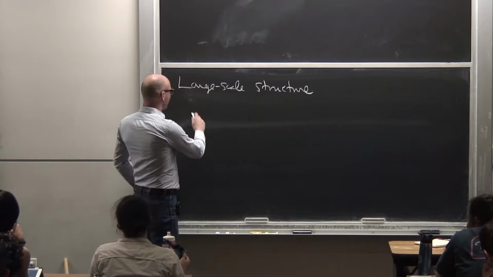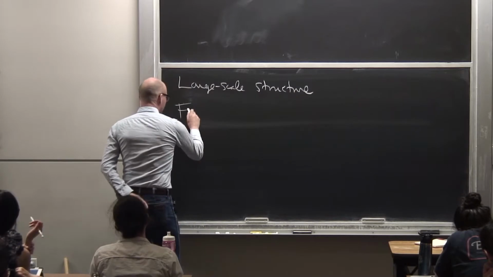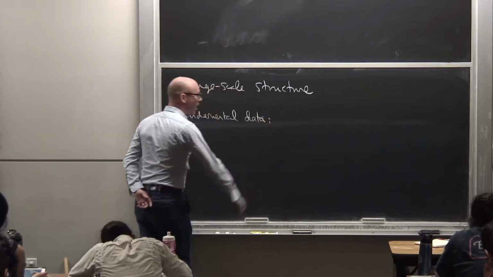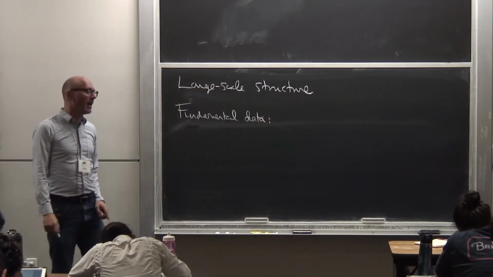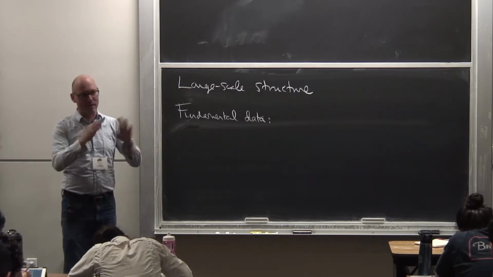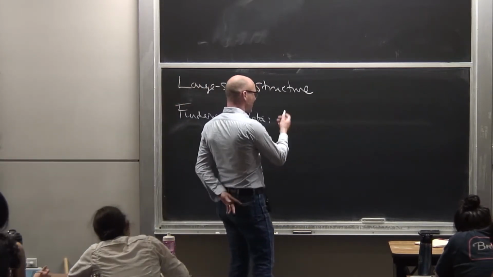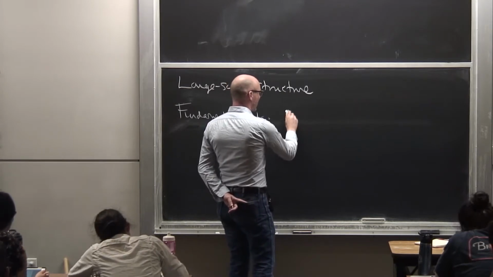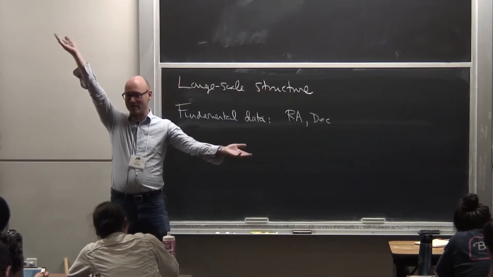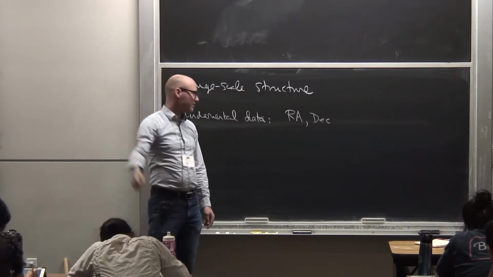In large-scale structure, the fundamental data are positions and redshifts of galaxies, or quasars, or quasar absorption lines, or it can be all sorts of different things, but let's think of it as galaxies, because that's the simplest case. It's the celestial positions. If you're an astronomer, you call them RA and DEC, but these are the angles on the sphere. You can think of them as theta and phi, if you like. So the direction of the galaxy, and then the redshift of the galaxy.